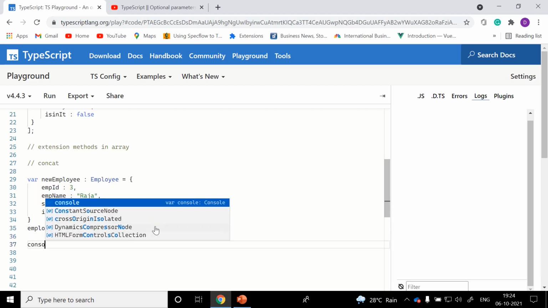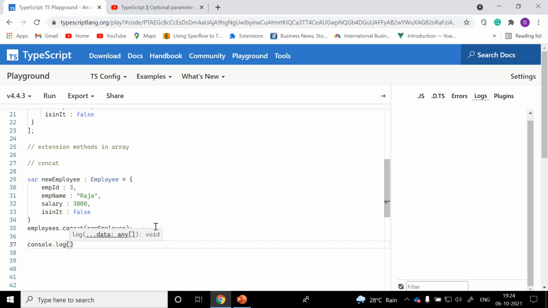For example, let me try to log this employees object. Yesterday we discussed that there are several ways to see the logs in JavaScript or dynamic TypeScript. If there are any errors, we can see them in this section and logs. If you are logging something, then we could see it here in this workspace.